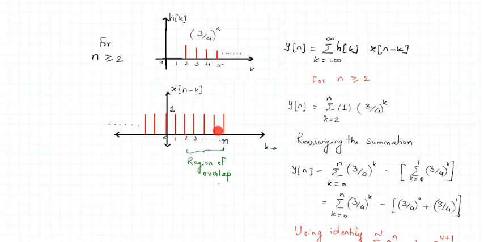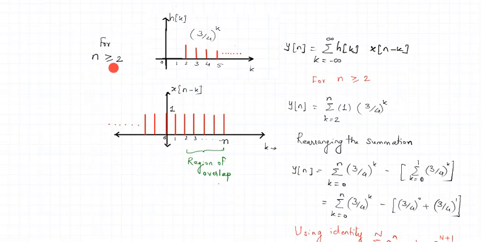So if this n is placed anywhere in the region from 2 to plus infinity, there is definitely overlap between the two signals. With this particular case, the region which is covered is from the sample 2 up to plus infinity. N can extend up to infinity. So the region of overlap covers all the region of h of k. With this case, we cover the entire overlap between the two signals. So case 1 and case 2 together cover the entire region of overlap, and hence this forms the last case. There will not be any further case for overlap.